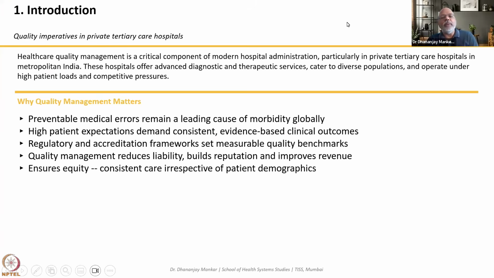When we talk about hospitals as such, here we will be discussing more about a tertiary care setup hospital, and the management issues here will be seen with respect to modern hospital administration, which is more particularly patient-oriented, and which you will make clearer through the structure, process, and outcome model. Particularly in private tertiary care hospitals in the metropolitan city, there are a lot of internal as well as external factors which make this a very important discussion.